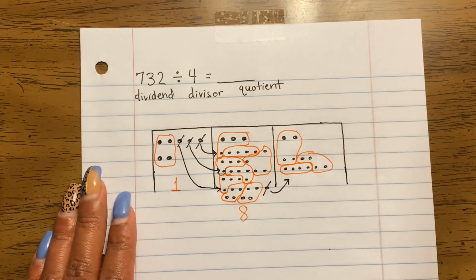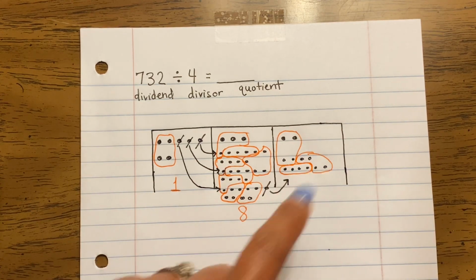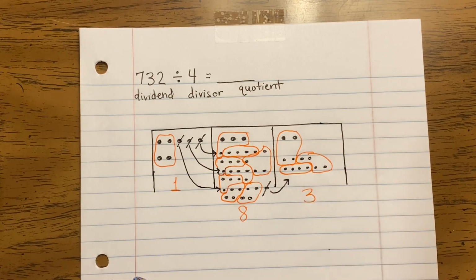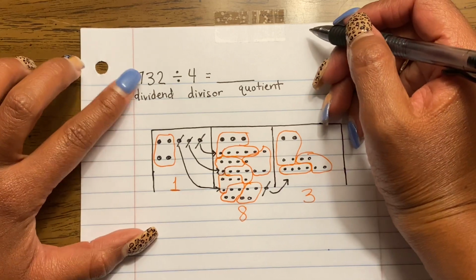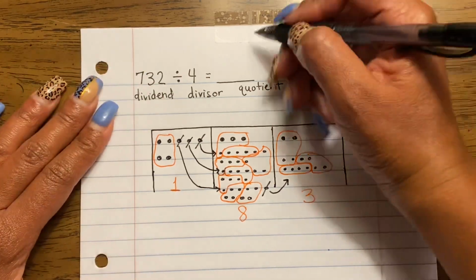I have 1, 2, 3 groups of ones. So my answer to 732 divided by 4 is